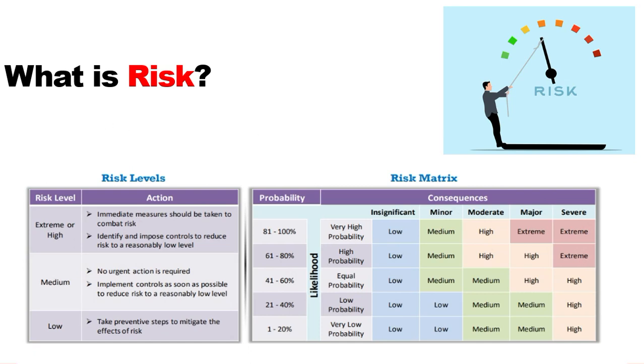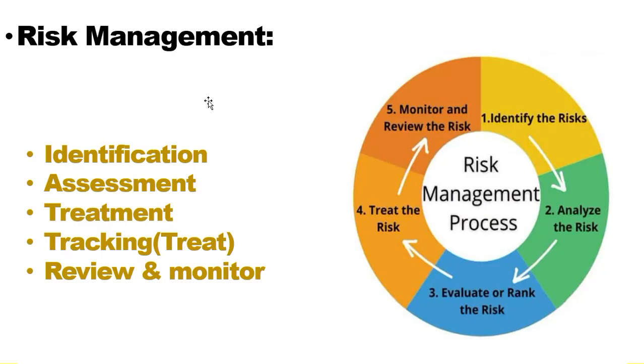Now coming to another topic, risk management. With risk management, first things first, we need to identify the risk. If there is a risk, we need to manage it. We cannot completely fix the risk. There is no system in the real world where you don't have any risk. There will be risk, but as you have seen in the matrix, the probability may be less and the consequences may be very low because the risk level is very low there.